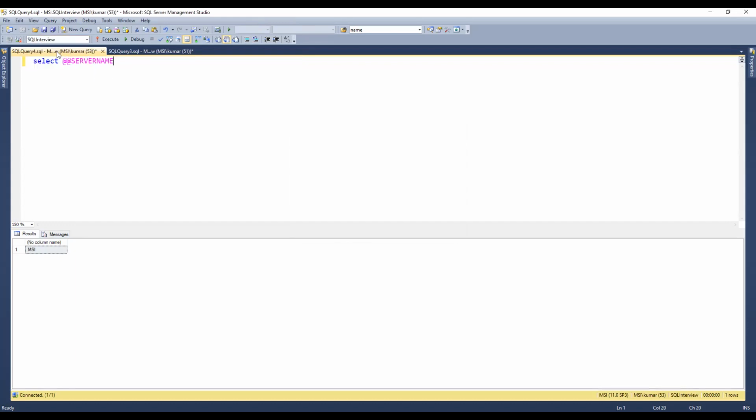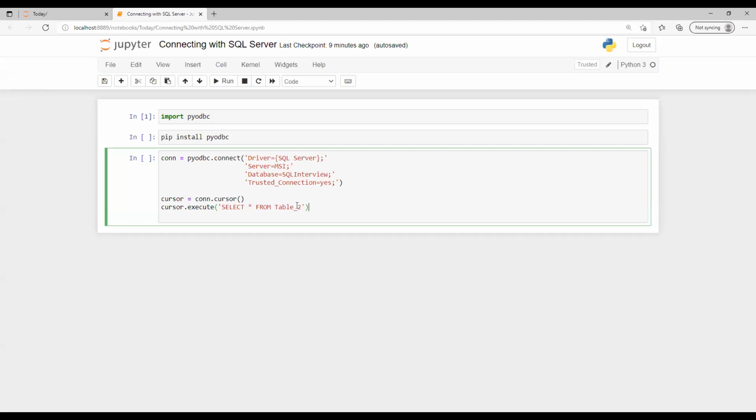I am going to use the SQL interview database since I created some SQL interview videos. So I put that DB name like this, and then I am going to use it to retrieve values from this table. So select star from table 2, and we'll see whether 5 rows come in or not. So now you know how to put the server name and database name, and we'll get one connection string. Then we're going to put the cursor on that connection and execute it to get this.